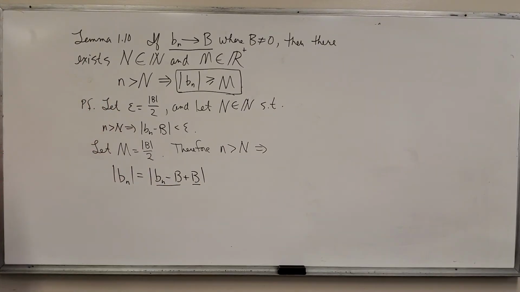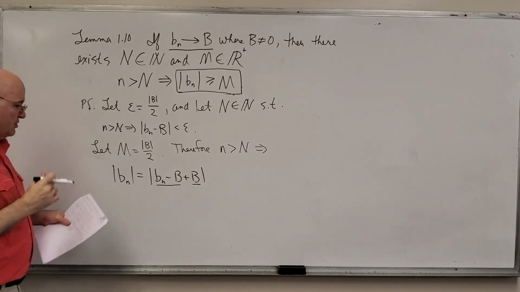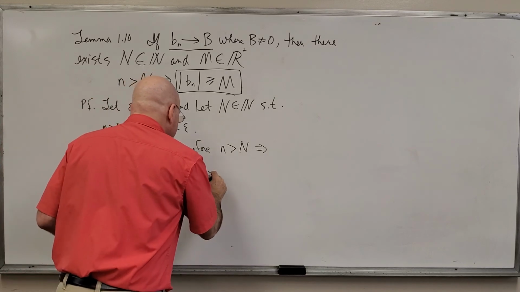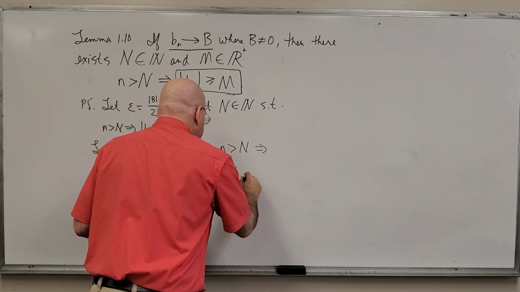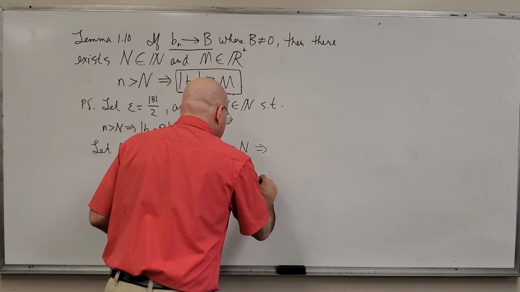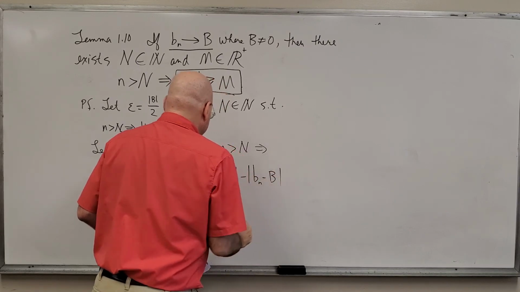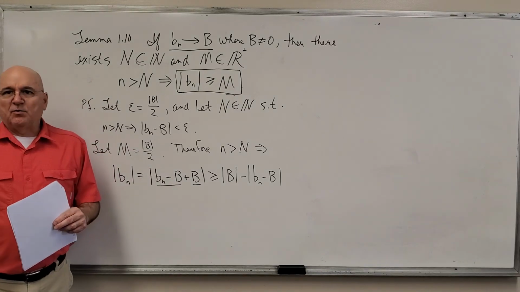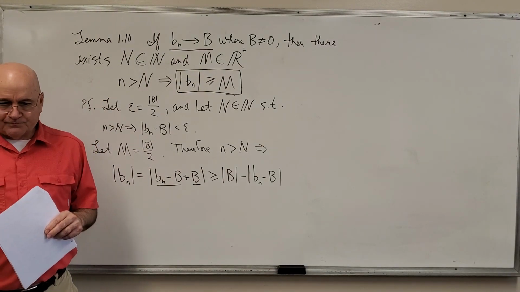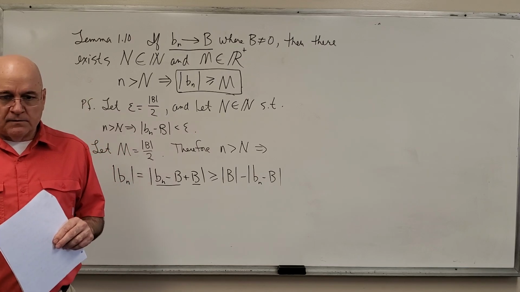And I'm going to use a version of the triangle inequality, a little bit different than the version we all know. This is greater than or equal to b minus that. That's the version of the triangle inequality. The triangle inequality says normally that, I'll use